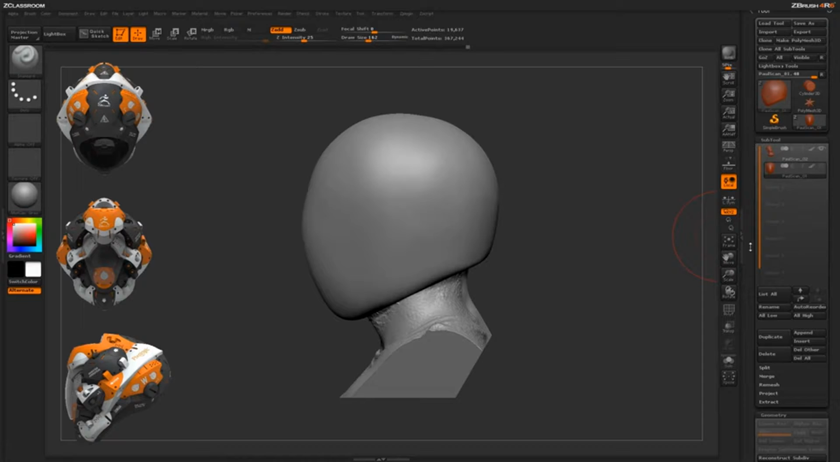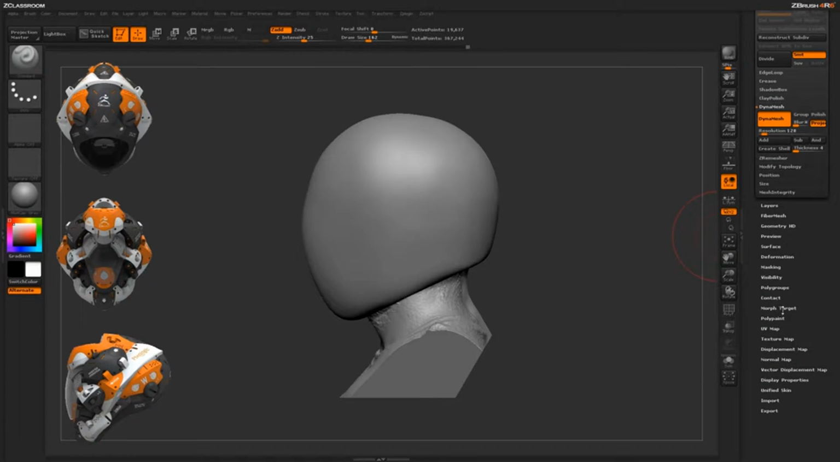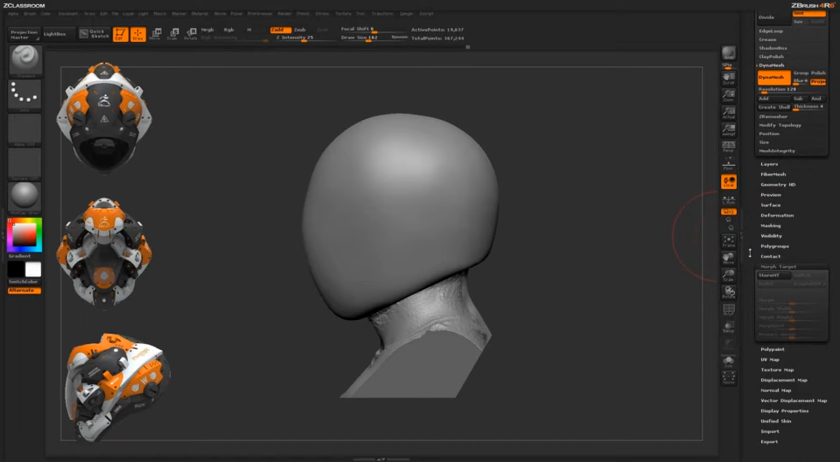So the Create Difference Mesh lives all the way down here underneath the tool palette in the actual Morph Target subpalette. When you open this up initially, you're going to see there's just a Store Morph Target button, and everything else is grayed out. The actual Create Difference Mesh lives right here, and it's grayed out until you store a Morph Target